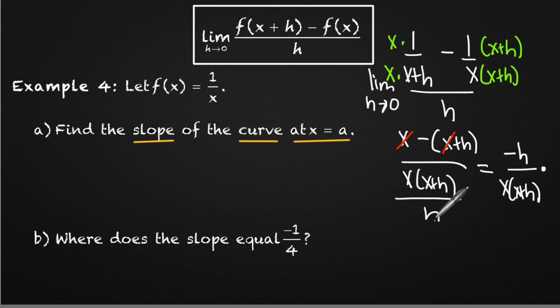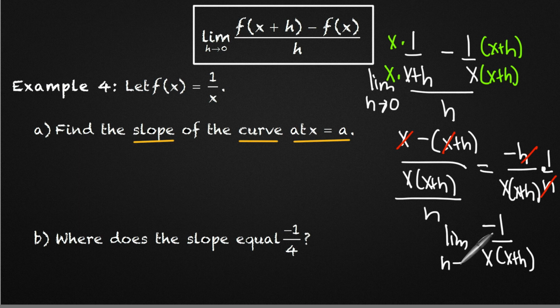Now, I'm going to do another step here. Instead of dividing by h, I'm going to multiply by 1 over h because that's how you divide fractions. And then the h's will cancel. And there you have negative 1 over x times x plus h. And then don't forget, you have to take the limit as h approaches 0. Plug that in there, and you have your slope of this curve, negative 1 over x squared,